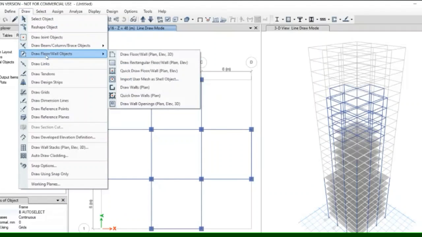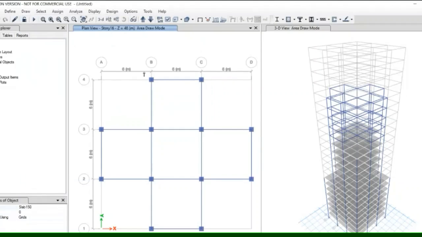Similarly for the floor, quick draw floors, drag and place the floor. You can also select from this shortcut.